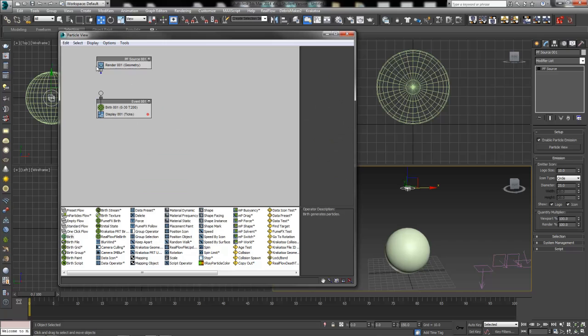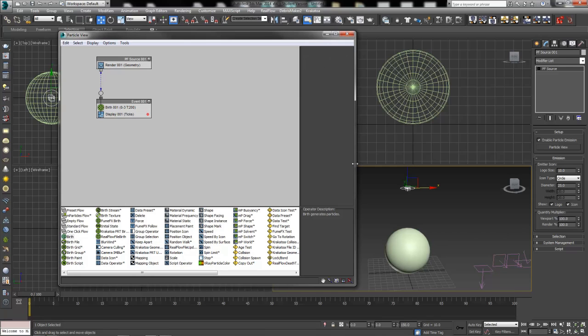So we're going to drag that out there, and then connect the little blue node to the empty circle node here to get going. For our birth, we can say we want our particles to be pretty much right off the bat. We'll give them, just so that they're not all in the same layer, maybe 3 frames to start emitting. So between frame 0 and 3, we'll emit particles, and then they'll all be out there, and they'll all stop. I'll go ahead and leave the amount at 200 for now. We'll see how that works for us, and we'll leave that at default. We can always come back and change it later.